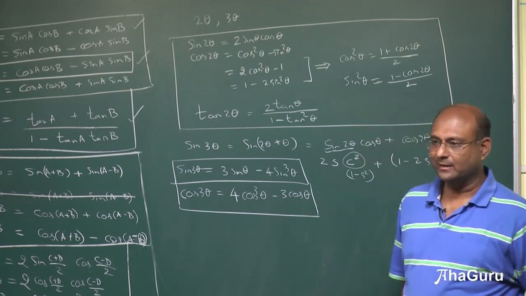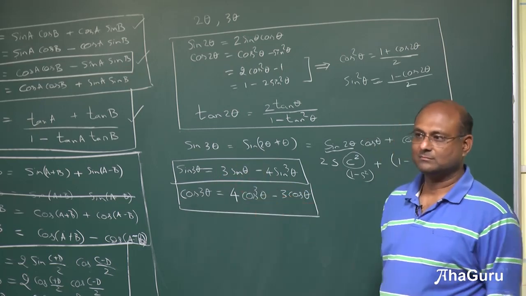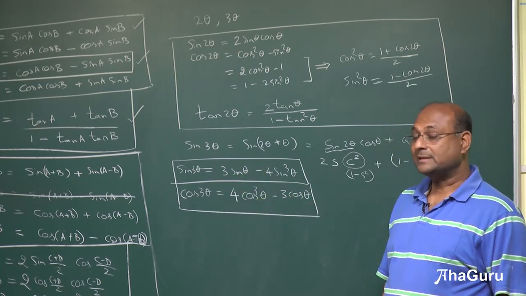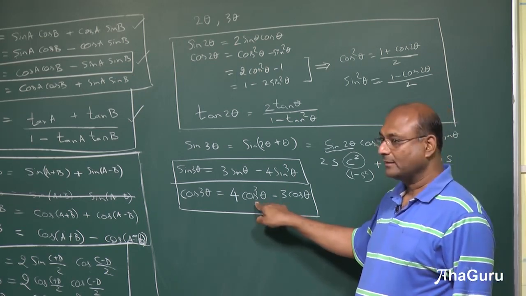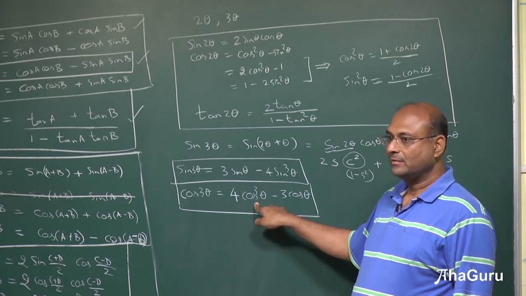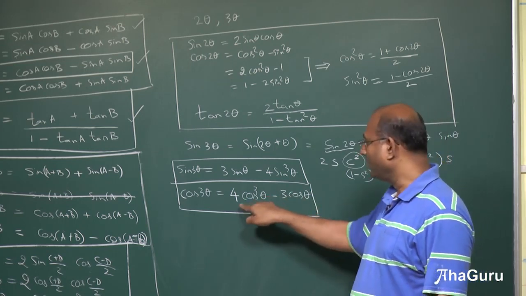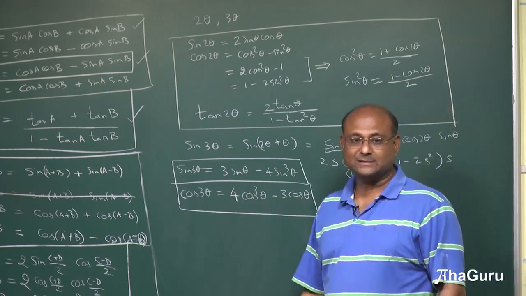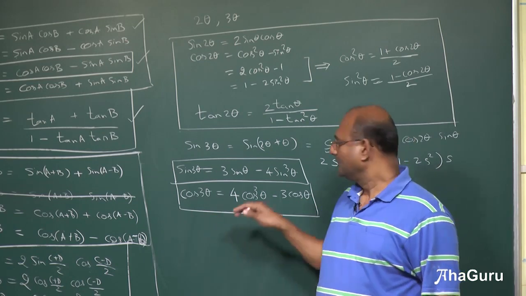Let's try one more angle. Let's put 90 degrees. Well, 0, 0, 0. Cos of 270 degrees is 0. Okay. Let's try 180 degrees. If I put 180 degrees, what do I get here? Cos of 180? Minus 1. Minus 4 plus 3, minus 1. So if I get 3 times 180, what is 3 times 180? Back to 180. So minus 1. So this is the formula.